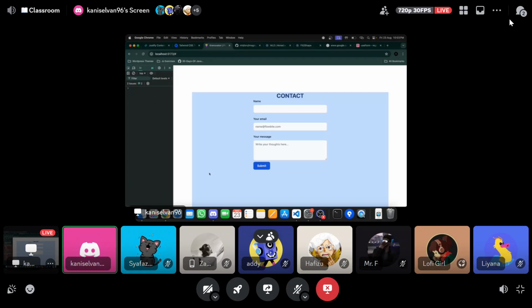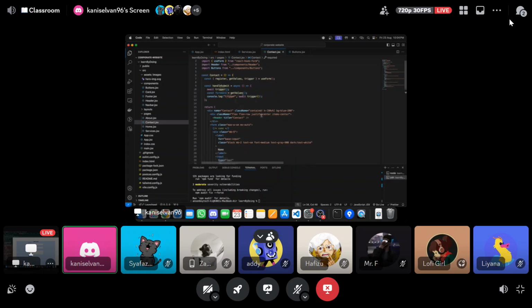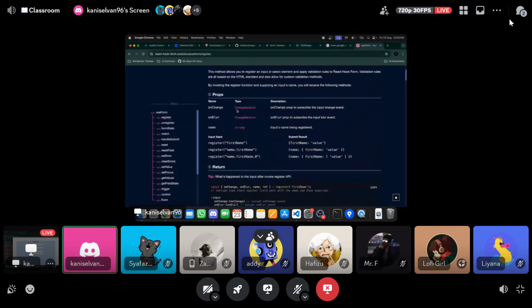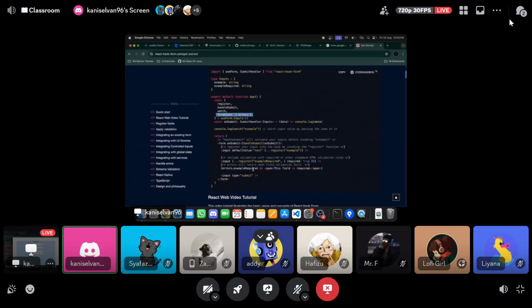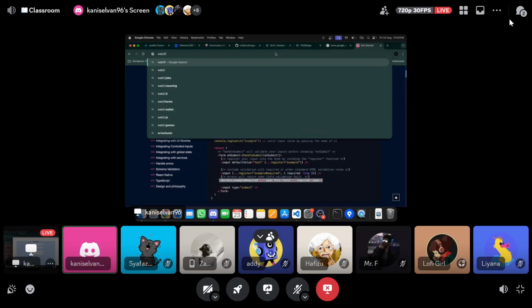Okay, so next time when you want to know in detail about the use form and a lot of other libraries, you can let me know or let the admin know so we can try to have those things. Alright, so how to get the error if it's false? Now we can add this one. Actually, if you want to add this error, you can use this form state, then you can trigger, you can see these examples. Alright. So if I explain this in detail, then it will take a lot of time. So if you are running out of time, let's move to this new part, which is Web3.